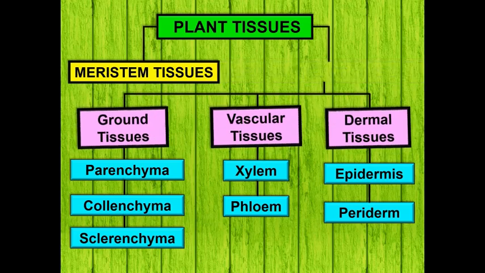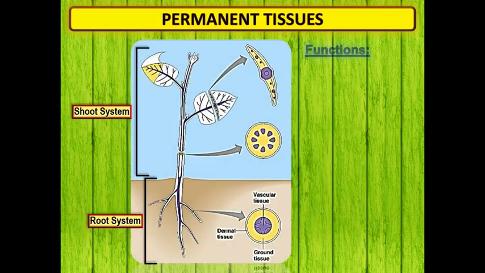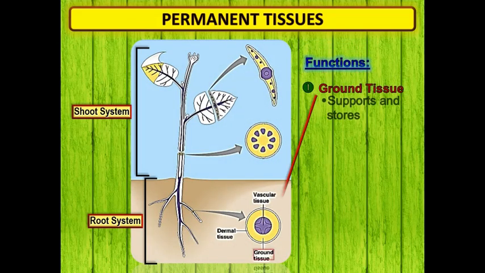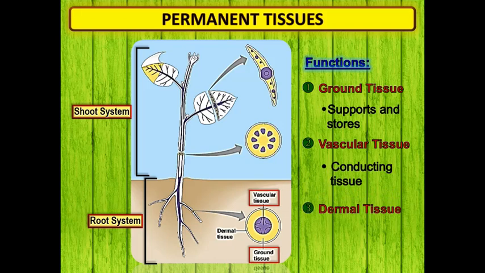Next, permanent tissues. Ground tissue, yellow color. Vascular tissue, purple color. Dermal tissue, white color. We look at ground tissue first. Ground tissue divide into